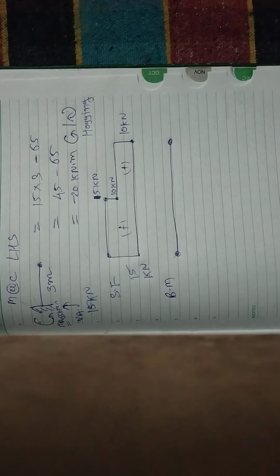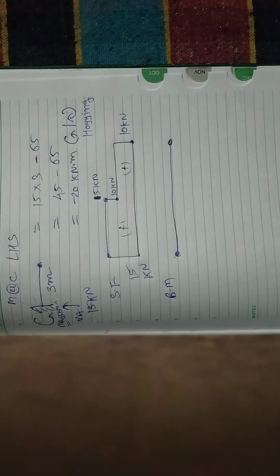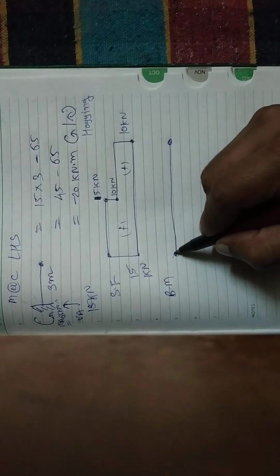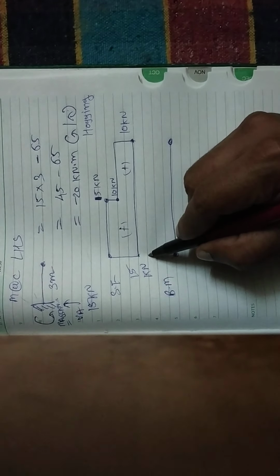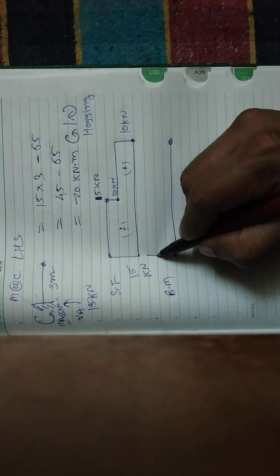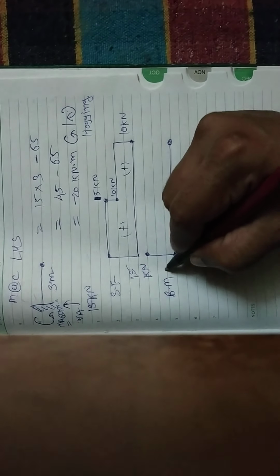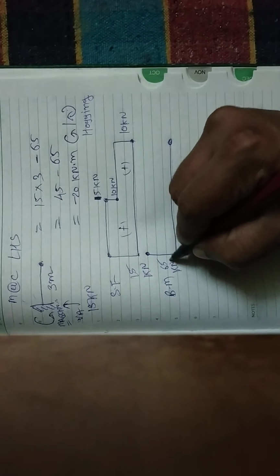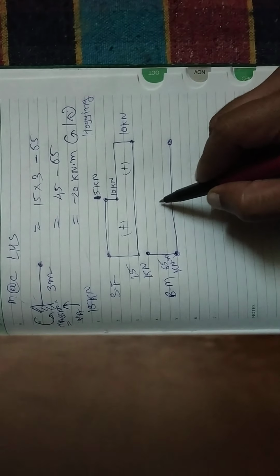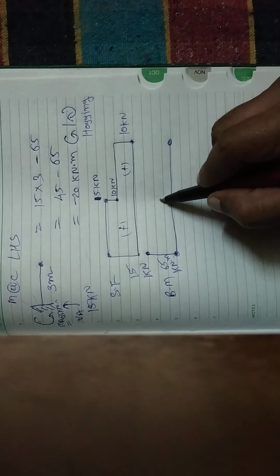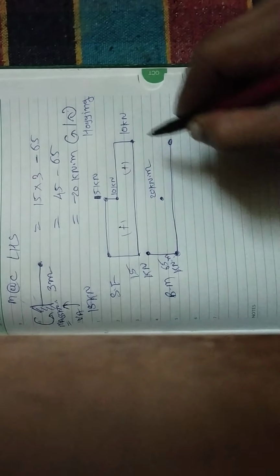All right, from point A to point B, let's begin with some values. First of all, at point A, if you draw the bending moment diagram, your bending moment at point A is 65 kilonewton meter and it's hogging, so it's on the upper side. So let me mark 65 kilonewton meter, and since it's hogging, it is marked on the upside. And then at point C you get a moment with a magnitude of 20 kilonewton meter, and it's also hogging, so it is also on the upside.